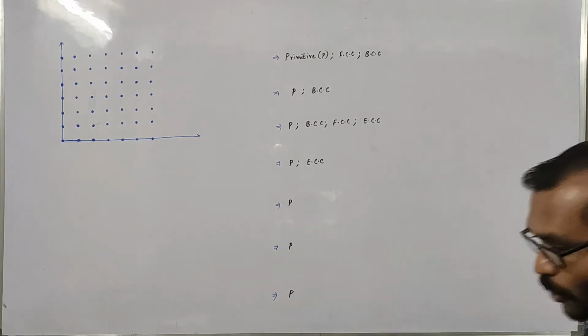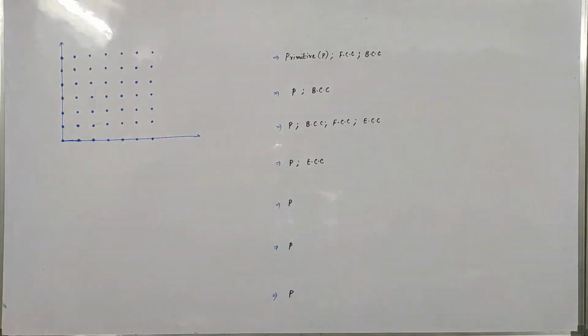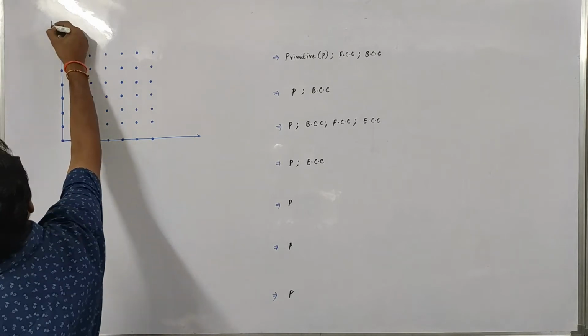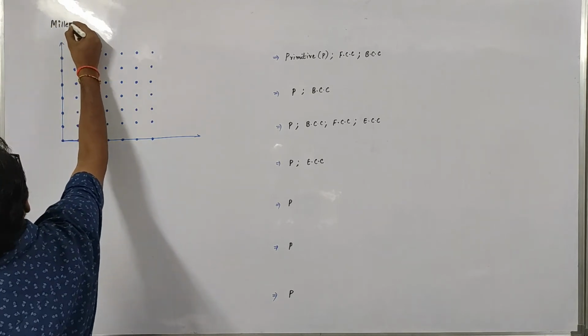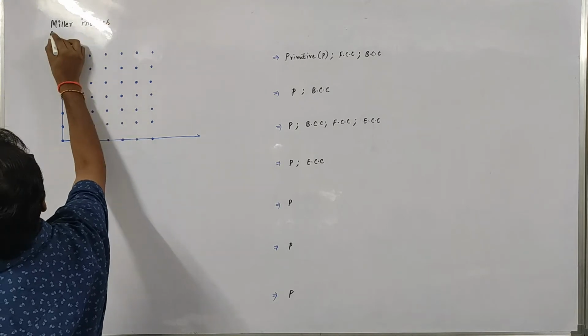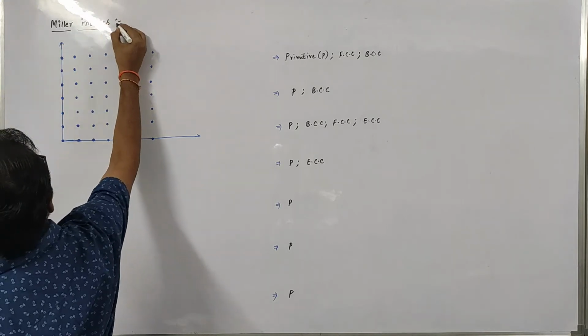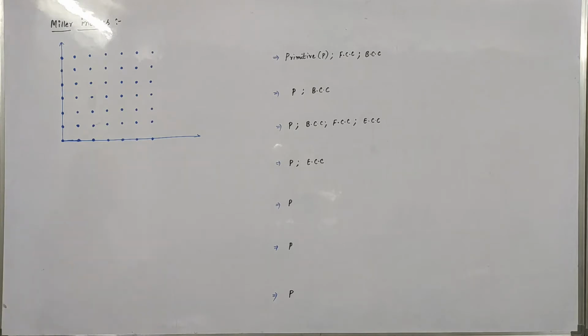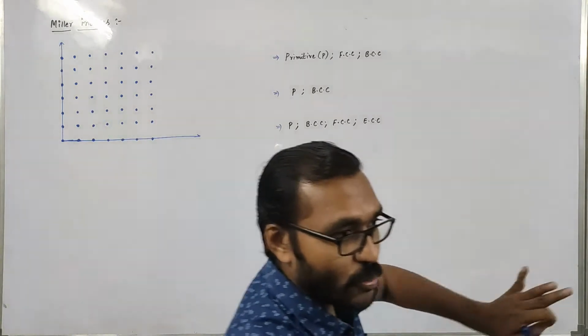So regarding next topic, Miller indices. We need to discuss about Miller indices. The main role of this Miller indices is to determine distance between planes. Planes మధ్య ఉన్న distance ని కనుక్కోవడం ముఖ్య ఉద్దేశం.